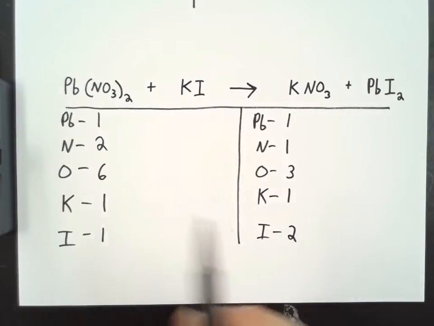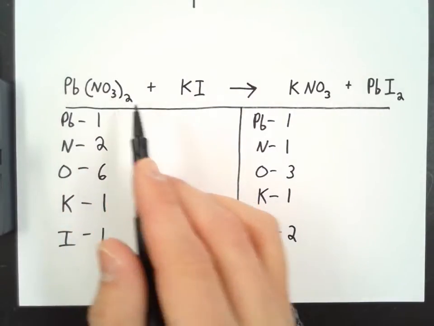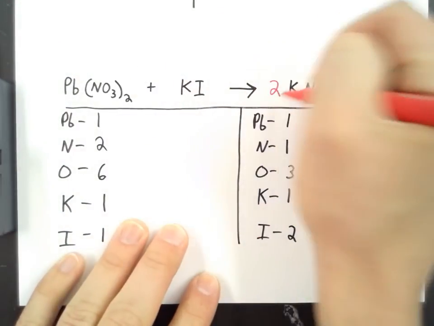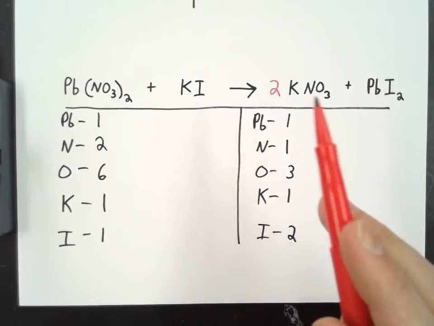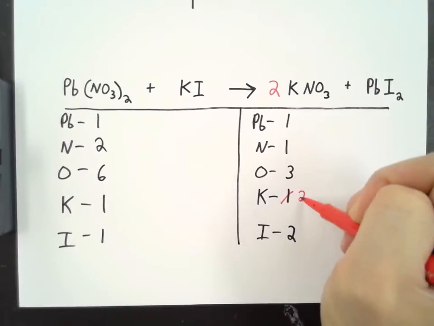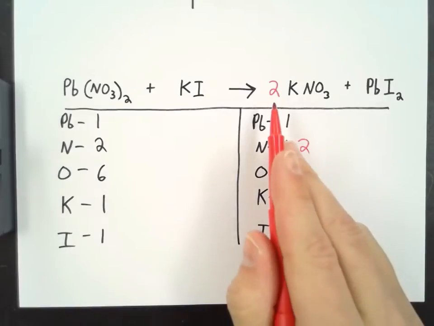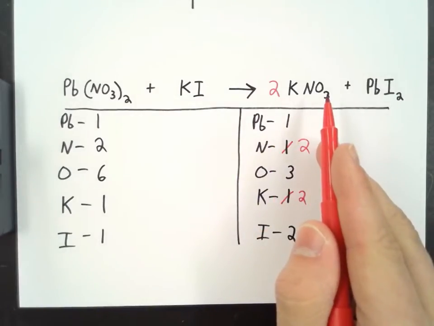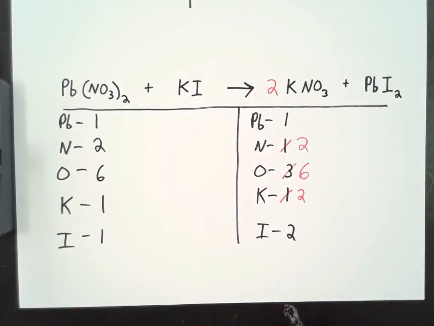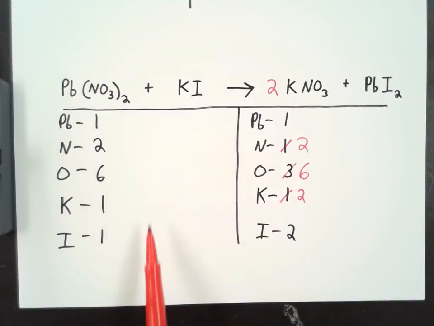Something you may have noticed is that this cluster of NO3 has been multiplied by 2. So something that could be really useful is to do the same thing over here. So if I put a 2 in front of potassium nitrate, or KNO3, what that's going to do is change the potassium from 1 potassium to 2 potassiums. It'll also change the nitrogen from 1 to 2. And 2 times the subscript 3 on the oxygen will make this 6. So now if I look back, the only problem I have left is that I only have 1 iodine on